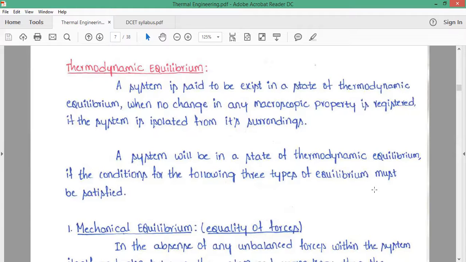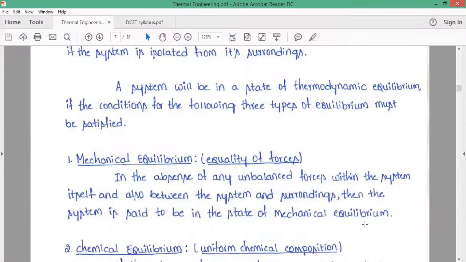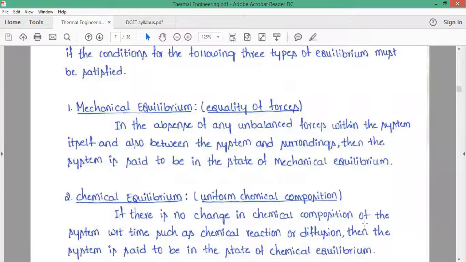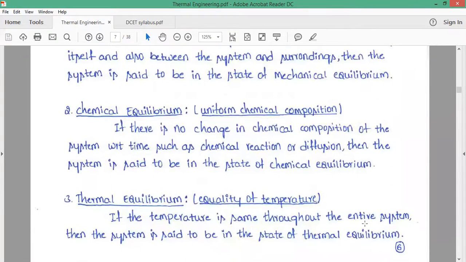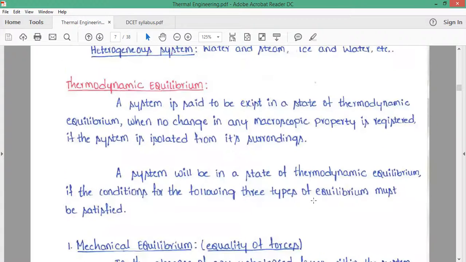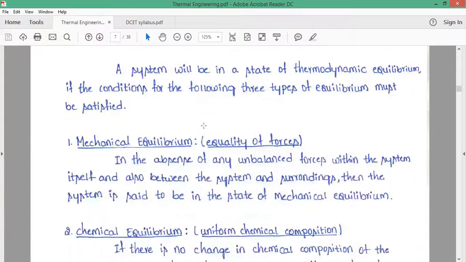If there is no change in temperature within the system, that is equality of temperature, meaning if the conditions for mechanical equilibrium, the conditions for chemical equilibrium, and the conditions for thermal equilibrium are satisfied, then we can say the system is in thermodynamic equilibrium with the surroundings. Okay,